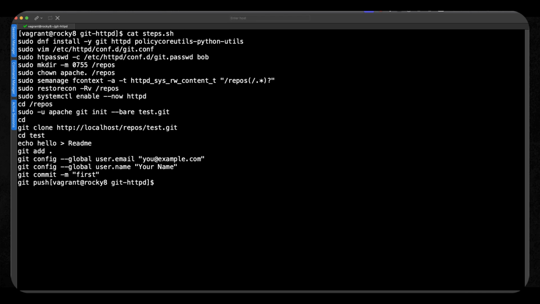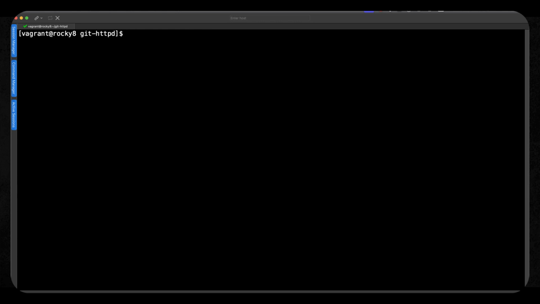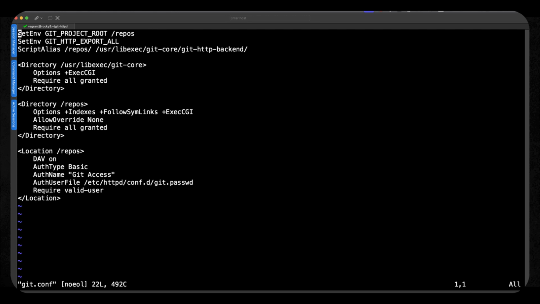The next stage is going to be editing the git.conf. Now obviously I have the file, so I'm just going to copy that across, but we will step you through the contents of that Apache configuration file. So let me just go through and copy that across to the correct location. The git.conf needs to go through and be added into our /etc/httpd/conf.d directory. And I'm just going to leave it at the name git.conf. That's going to work well for me. But as I say, we do need to understand what we've done. The video isn't going to be very useful if you just say copy this configuration across.